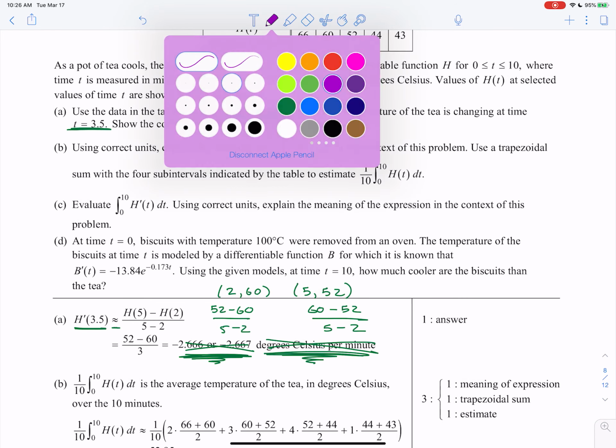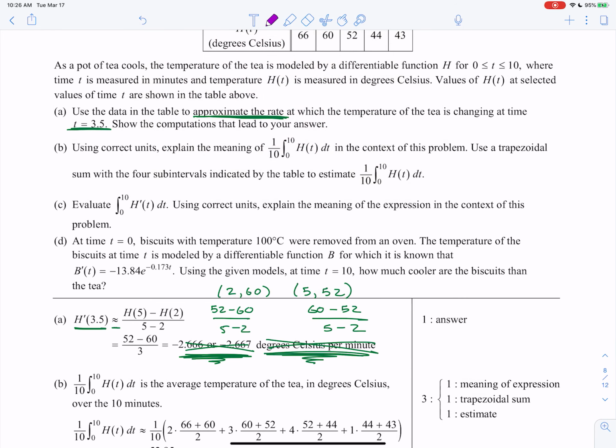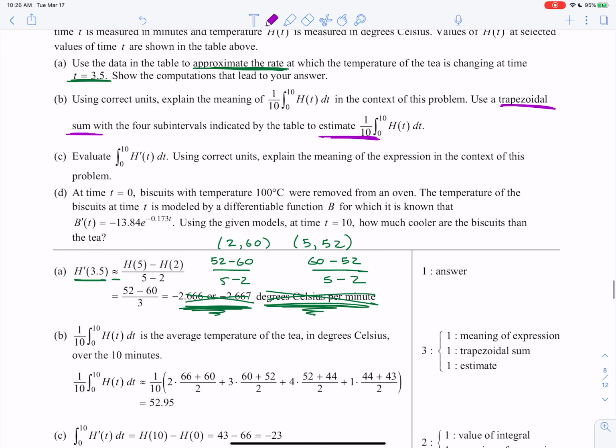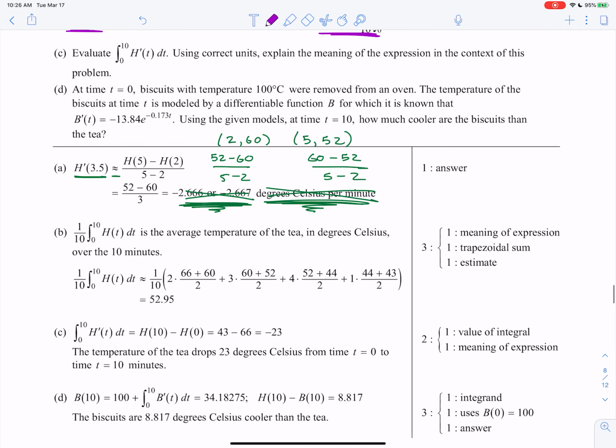Here we go, part B. So here we want to use correct units to explain the meaning of this 1 over 10 integral of h of t. But we'll come back to that. They're asking us to use a trapezoidal sum to estimate the average. We know it's an average because there's the 1/10 in the front. Okay? So basically, the way that they have this set up here,